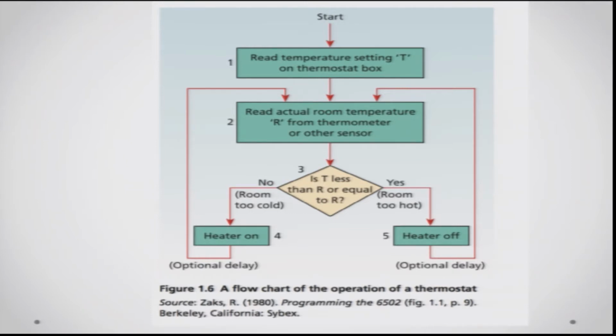Okay, if the temperature T is not less than or equal to R, that is, the room is too cold, then the heater gets switched on. The thermostat actually takes a decision that the heater needs to go on, so that we increase R to the level of T, which is the thermostat box. Or in another scenario, what might happen is that the temperature T is less than or equal to